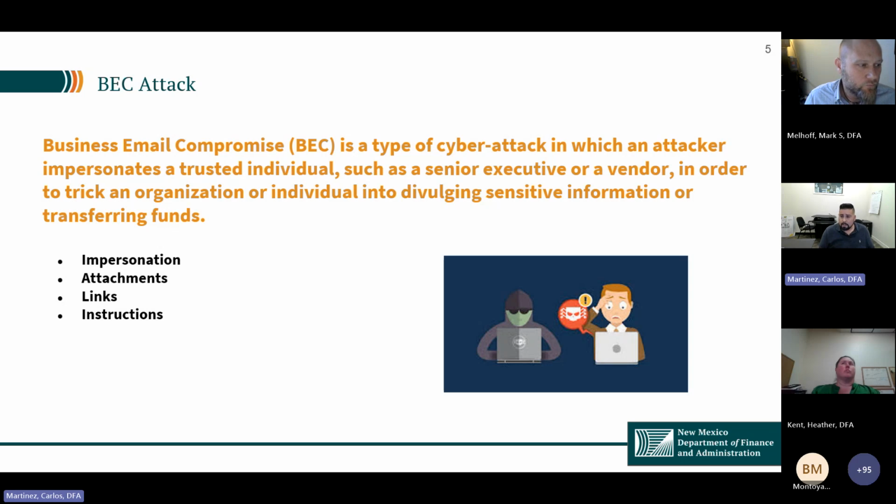The big thing here is they impersonate the person sending that email and provide attachments or suspicious links with instructions on how to move forward within that link, regarding terms of service, or really focusing on how you would go through the process of logging in to gain access to certain sites.